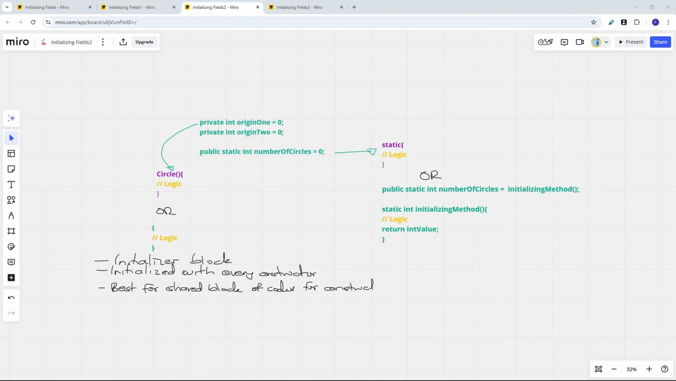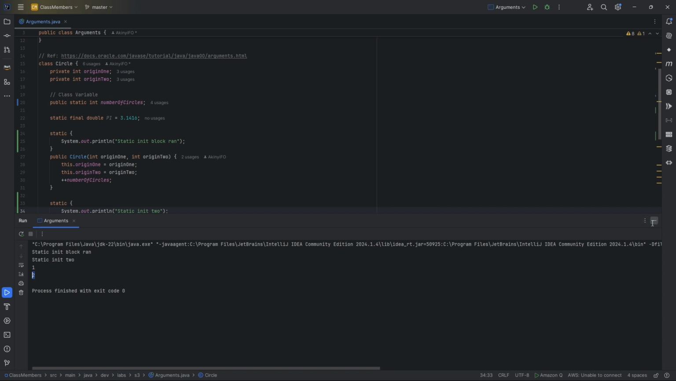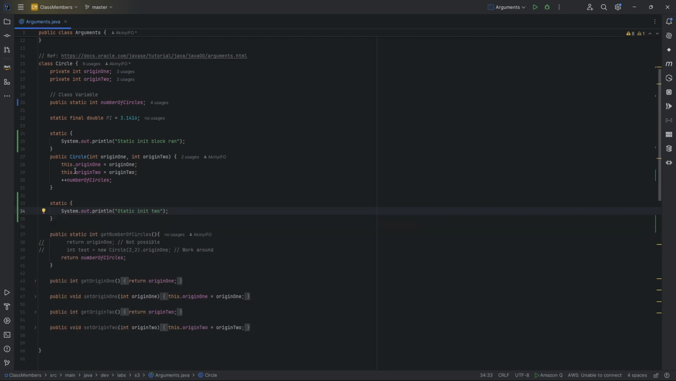So I'll go and demonstrate so we can see clearly why we would sometimes prefer to work with an initializer block. What I'll do is I'll just change this to an initializer block, and I'll say initializer block ren. And I'll also change this to initializer block. Let's see the difference. Okay, so if I run this,